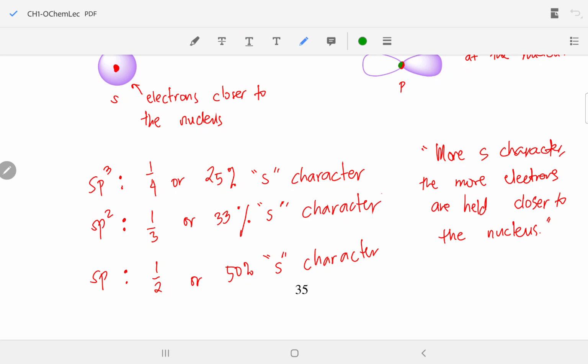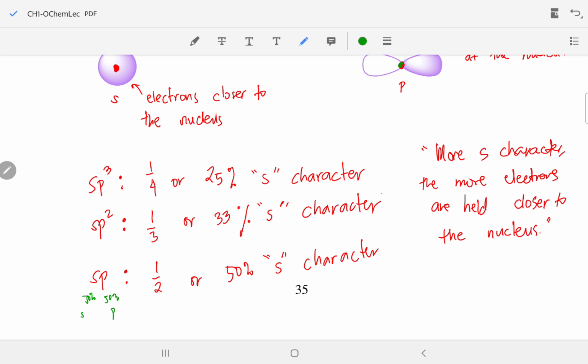Meaning to say, if there is a higher s character in a molecule, in a bond, it means it is a strong bond, and it is closer to the nucleus of a certain atom. Okay, so for sp3, s character is only 25%. For sp2, s character is 33%, while for sp, the s character is 50% because this is 50% s and 50% p. Okay, so